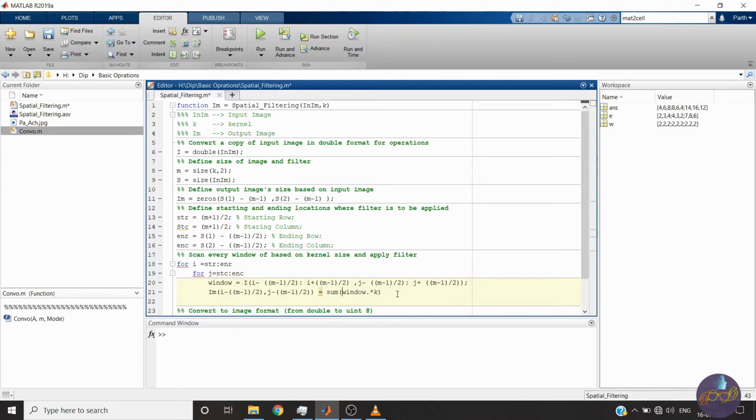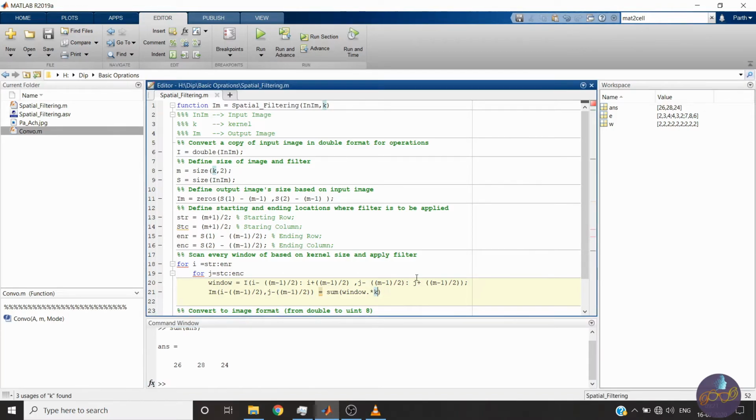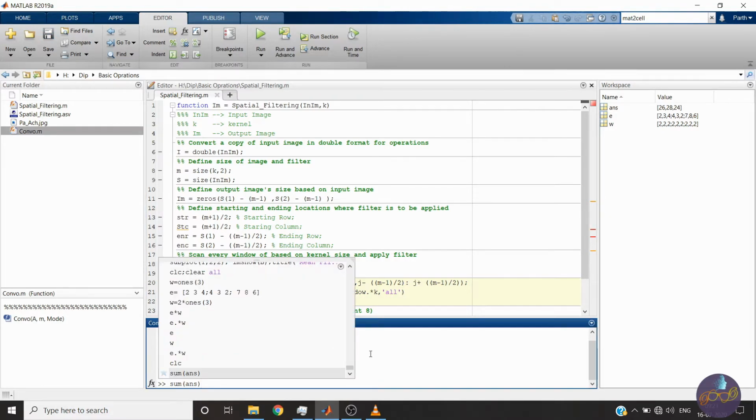And we have already written the location of our output pixel where we will store this. Here sum will give, see, let me sum the output answer. It will give row wise or column wise sum, so we have to specify here all. See, let me show you.